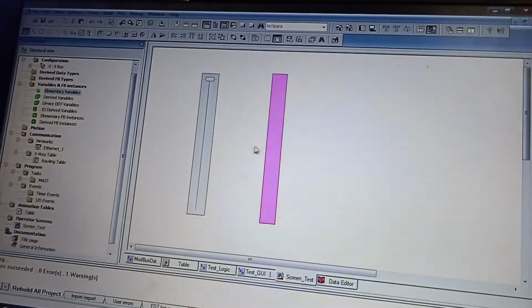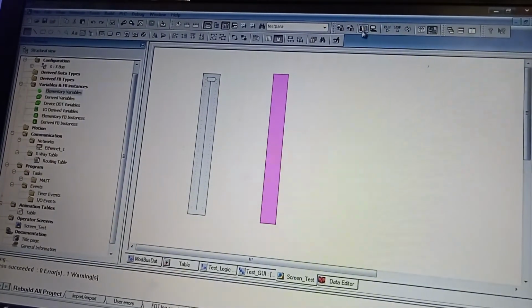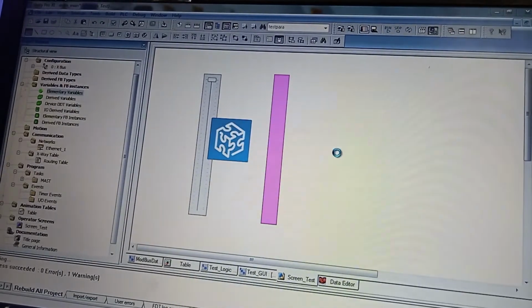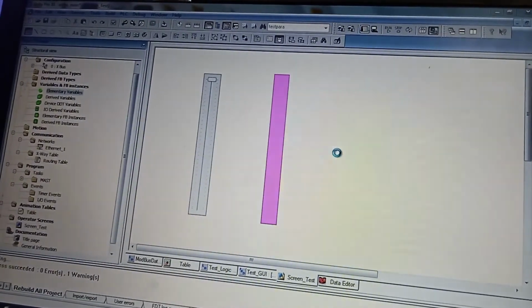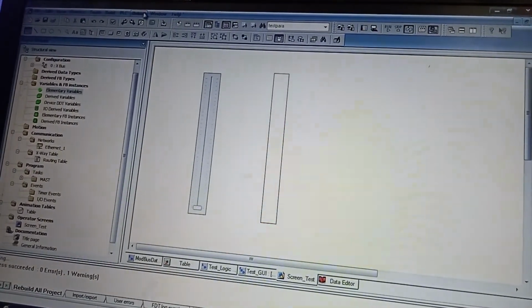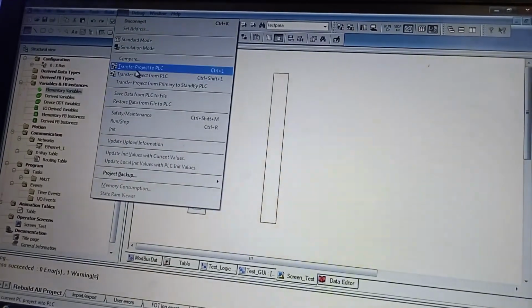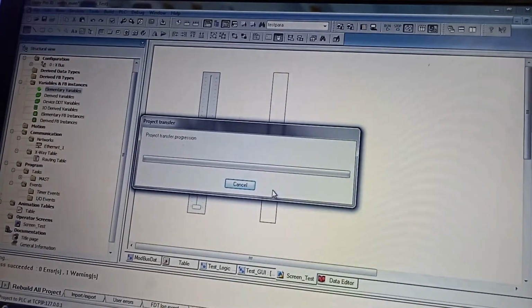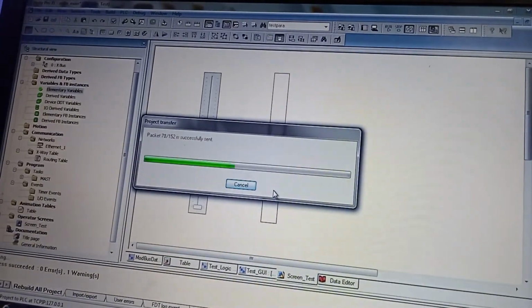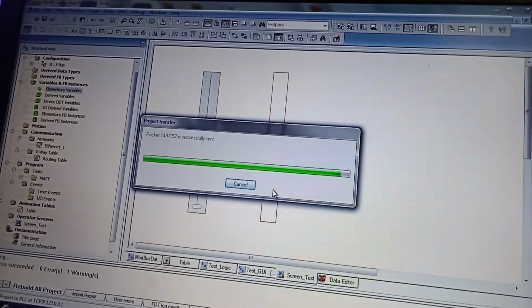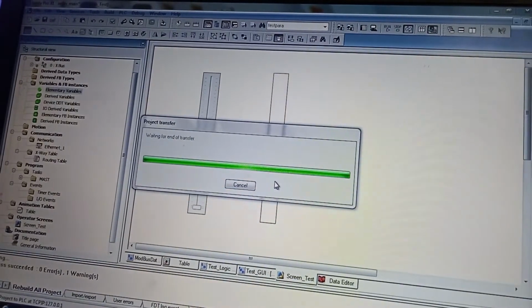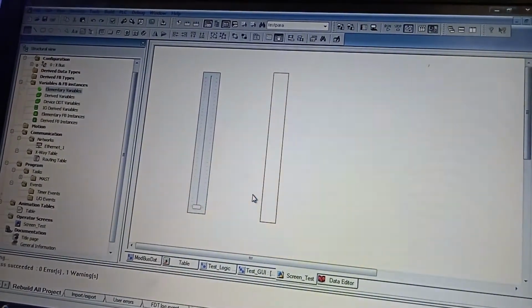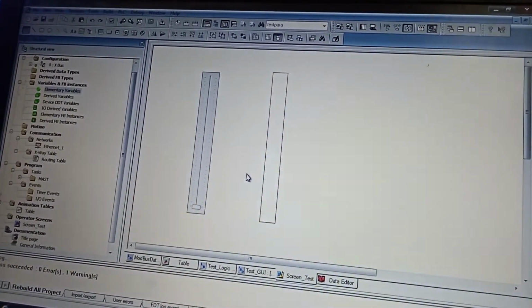Okay, it is built. Now connect the PLC. Then transfer the project to PLC. It's run.